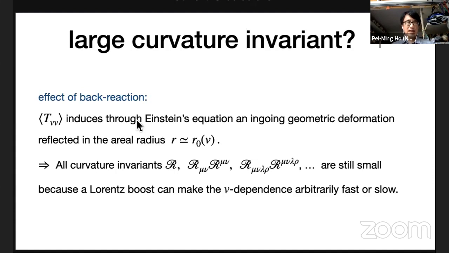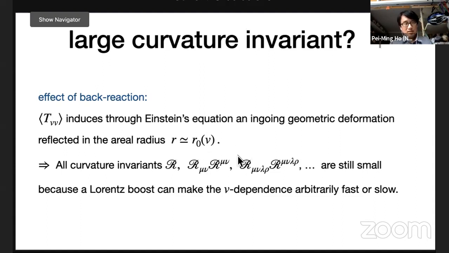So actually people have been considering the possibility that the effective theory is not dominated by the free field part, but people have mostly checked just the curvature invariants. And all the curvature invariants remain small, including the back reaction of the vacuum energy-momentum tensor. One simple way of arguing for this, although of course we have checked this explicitly, is to see that the